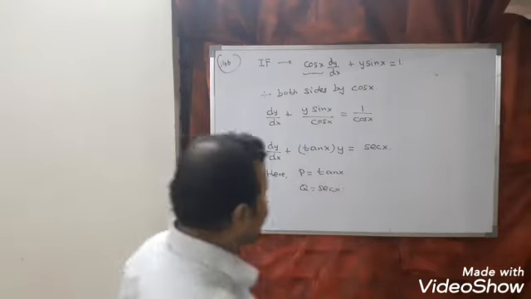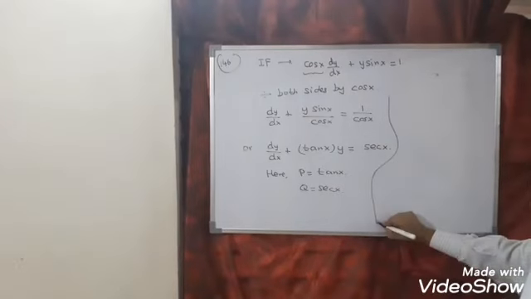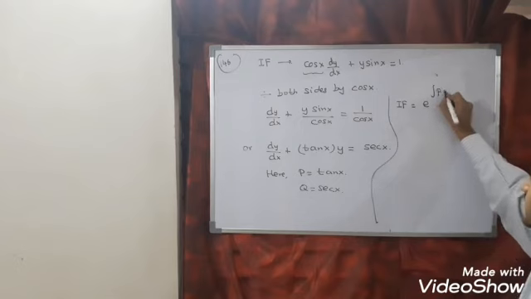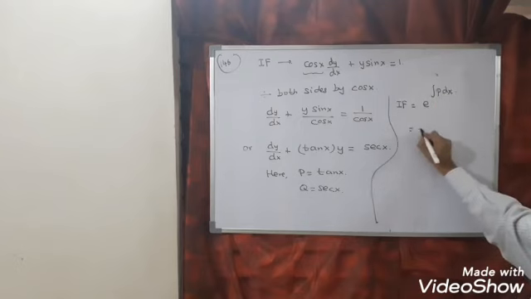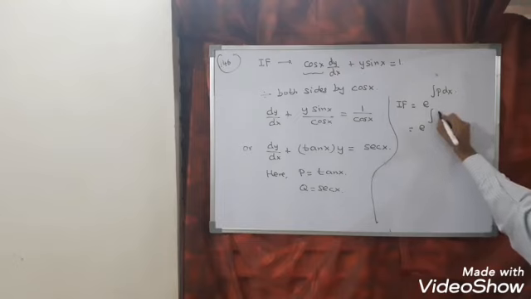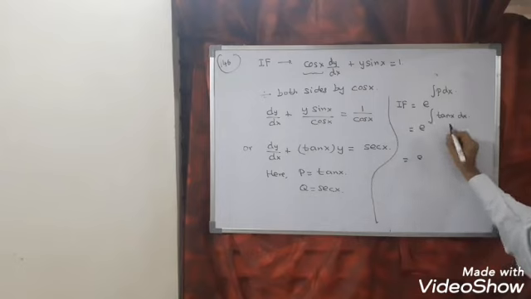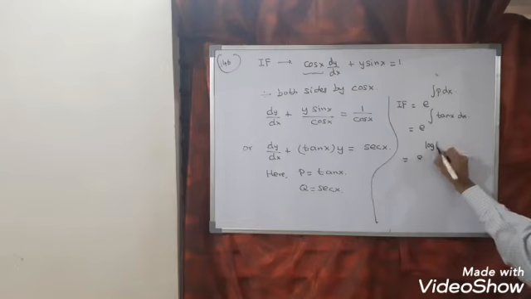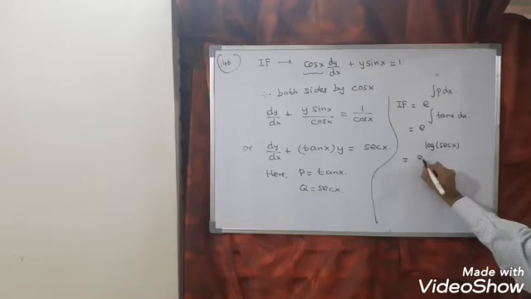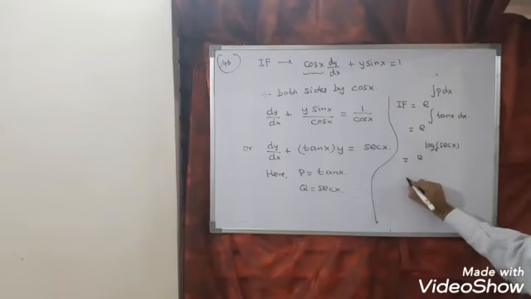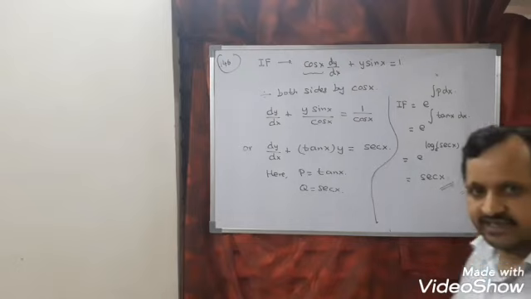Question is integrating factor. So what is the formula to find integrating factor? Integrating factor is equal to e power integral P dx. So this we can say e power integral of tan x dx, or we can say e power, what is the integral of tan x? Standard formula: log of secant x. Clear? And base here is e. So here e, here e. So answer of this question is secant x. I think it is clear.